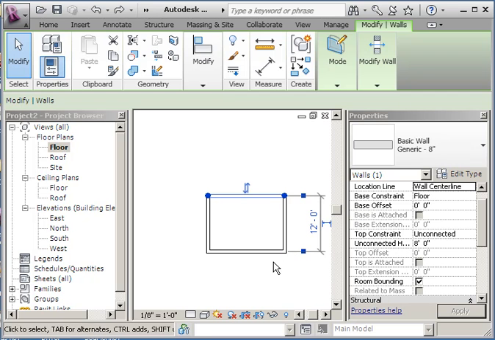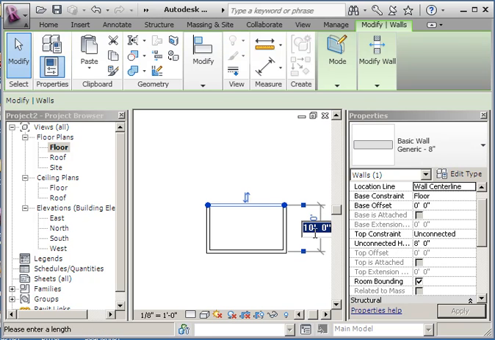And that's the front dimension. If I wanted to change that dimension, I could force that dimension to change by simply typing it in and clicking. So you can manipulate your numbers here anytime you want. So if you click on this wall, it gives you this dimension. If I click on this wall,